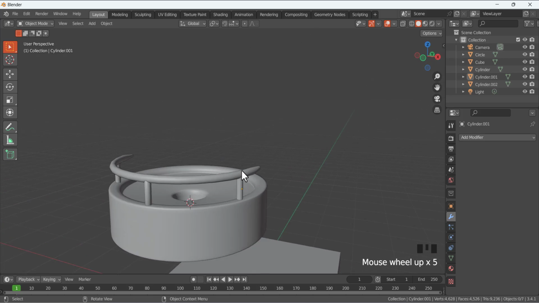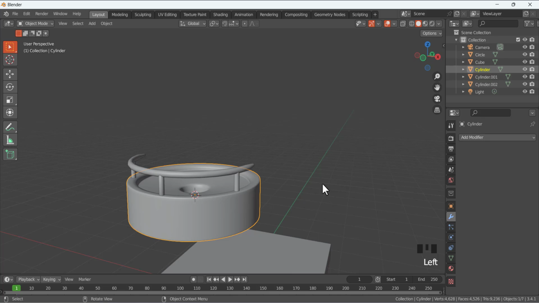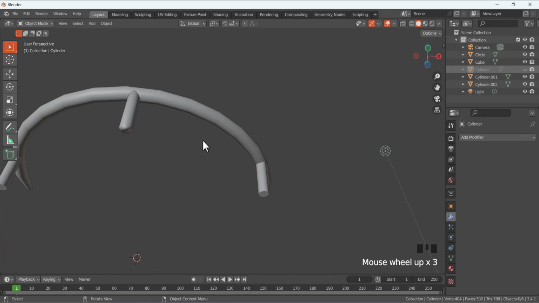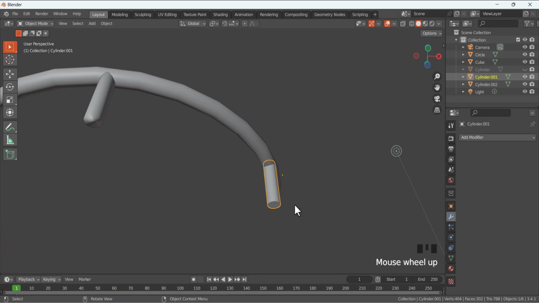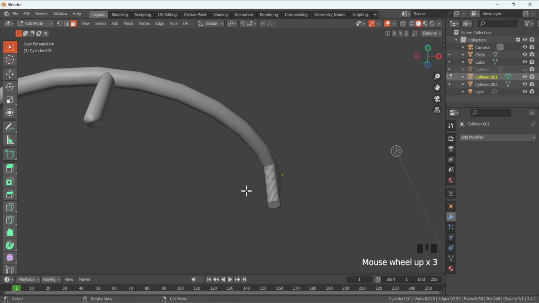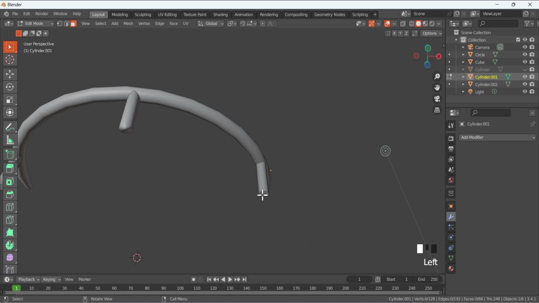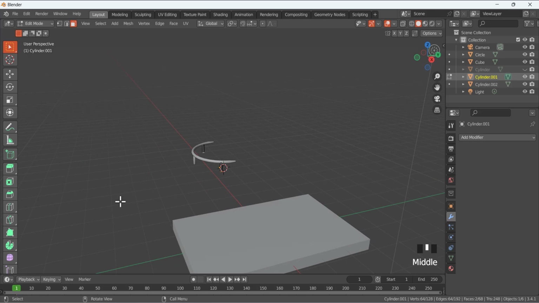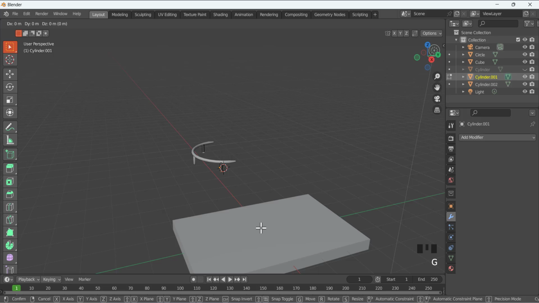Okay, now select this cylinder and hide it. You can also change the name, but as you can see I did not. So select this one and press tab to go to the edit mode. And now make sure you are in the face selection mode. Select this face and shift to select this face. And now we are going to press G to move it and move it in the Z direction, and